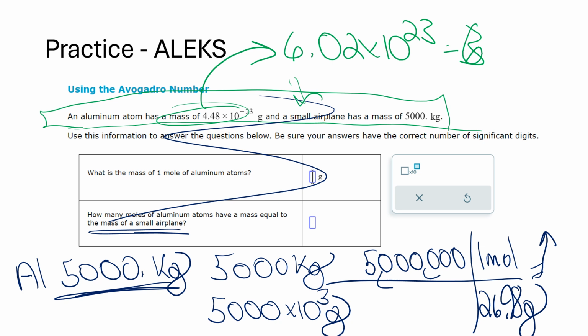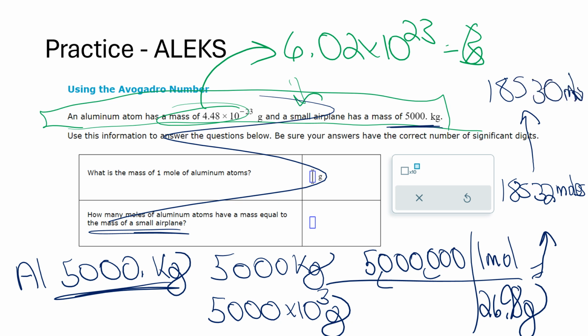6.98. And so we get 18532 moles. And we have 4 sig figs, so that's going to have to be 18530 moles. So I'm going to simplify the question, but doing these, Alex, is going to help you in the